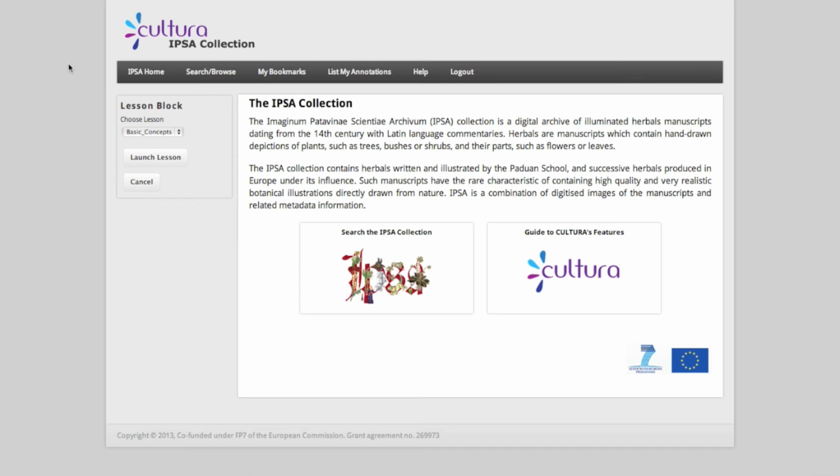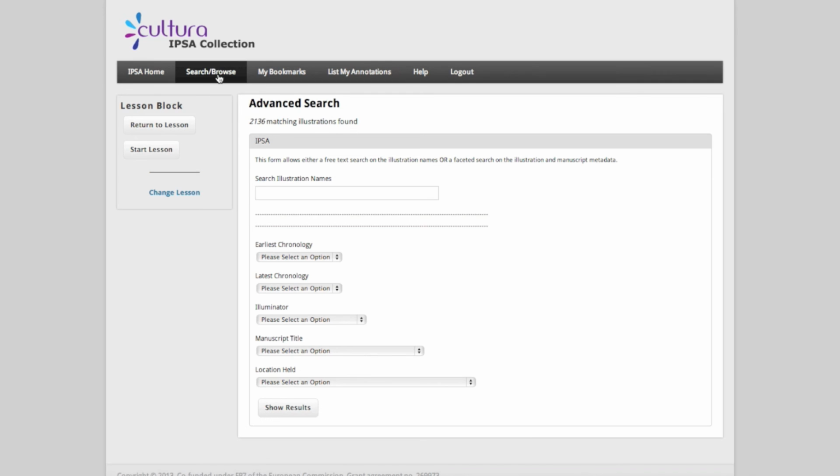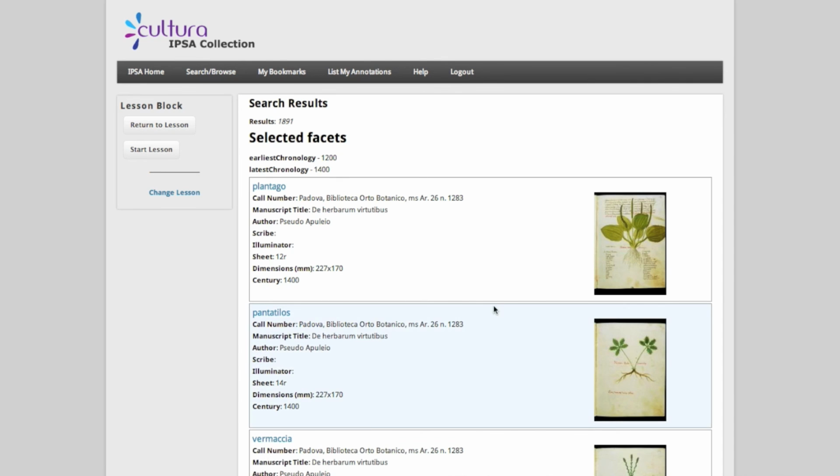For the IPSA collection we have another search and browse tool available. Here we can do a free text search across the illustrations, and this is driven by the metadata that underpins these beautiful manuscripts. We also have these different facets from which we can choose. So from a chronological perspective we have the different years available here, so if we're interested in manuscripts in a certain year range, we can perform a search on those, and that'll use the metadata there to